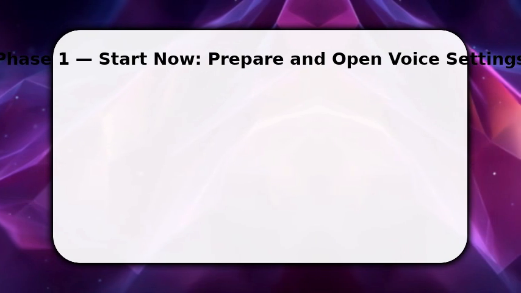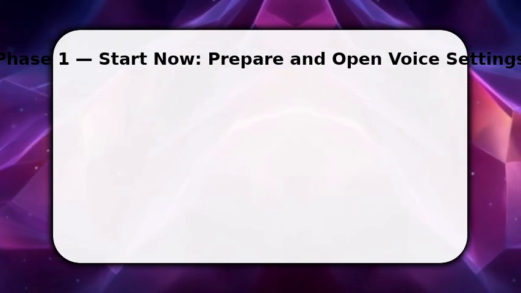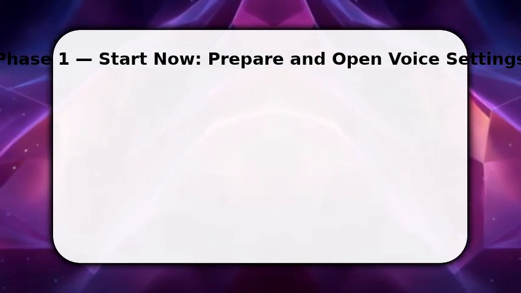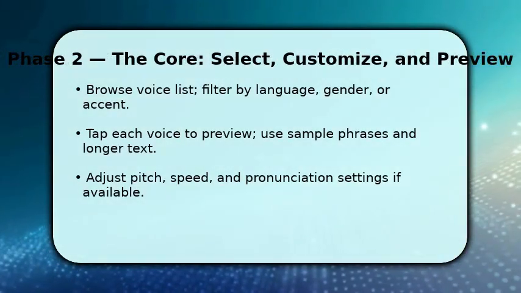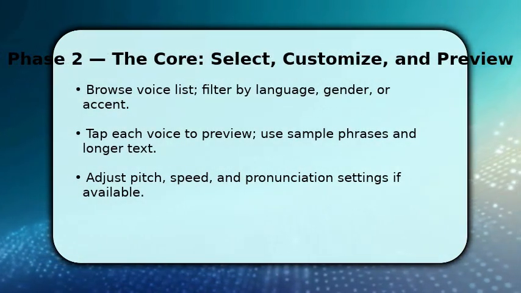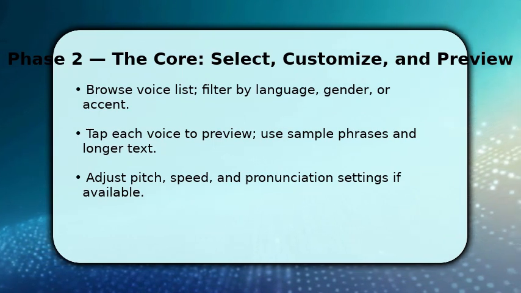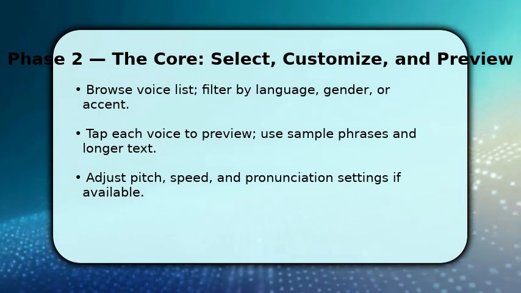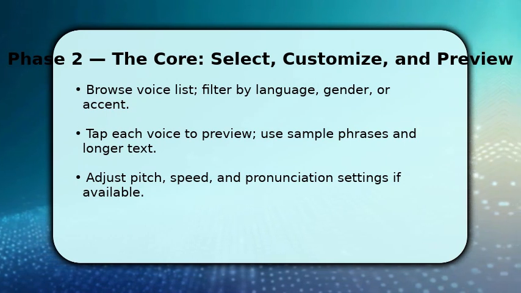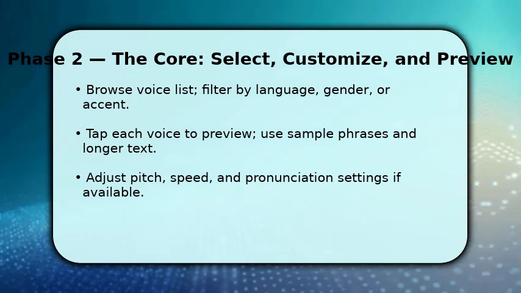You're already in the right screen. Proceed to the voice list and keep notes on names you want to compare. Now you browse the voice list and filter by language, accent, or gender so results stay focused. You should tap each voice to preview using both short prompts and a longer sample sentence, because small differences show